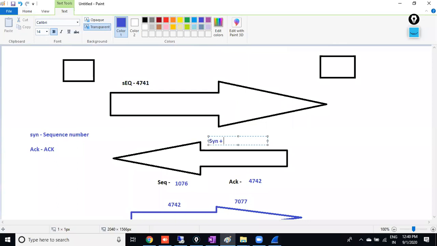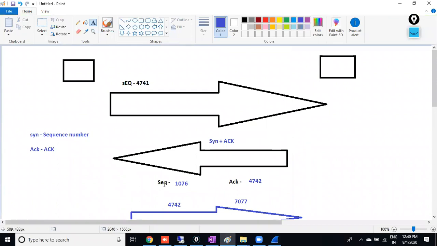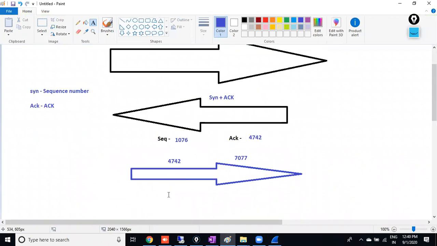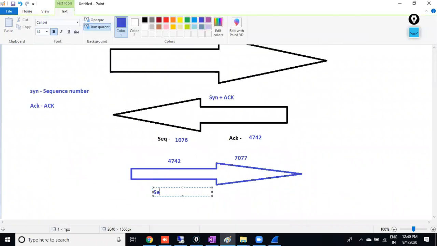Sync plus ACK here. Okay. So in this one, this is the sequence number and this is the acknowledgement. And this is what? This is the acknowledgement number. So this is about the sequence number here. The sequence number is about your sync packet, which will remain the same, about 4742. And this is about the acknowledgement number here, which is now